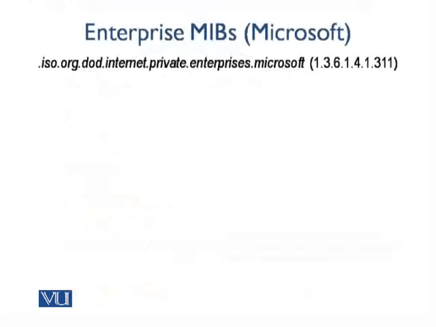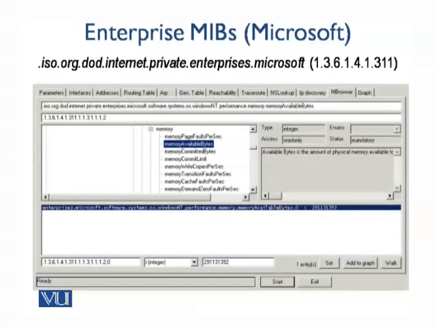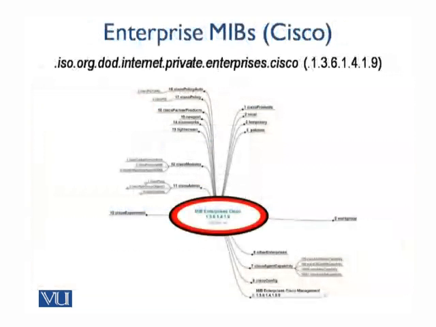We are going to have a look at two enterprise MIBs. The first one is from Microsoft, and it is going to get information about things that are Microsoft proprietary. We can also, in a similar vein, access information that is proprietary to Cisco devices, only implemented by them, and therefore even the need to monitor those properties is unique to these devices. So Cisco actually has quite an elaborate structure for their MIBs, and a sample of that is shown on the